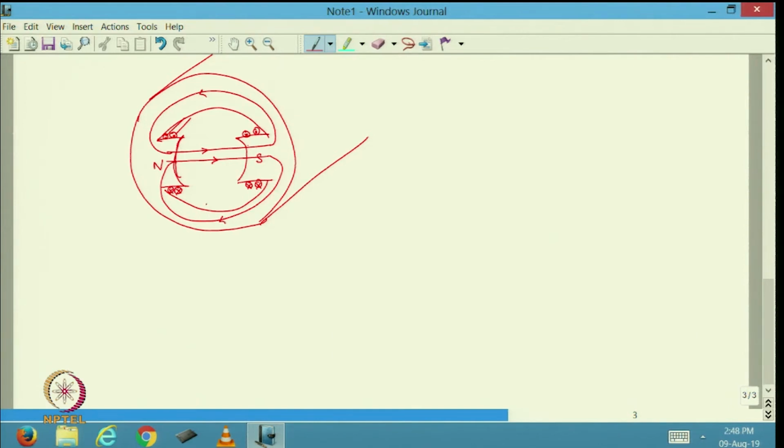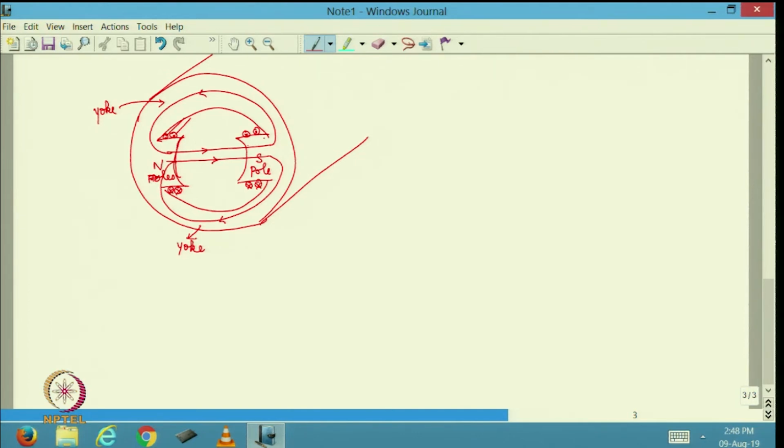Okay. So, if it is like this, now I can say basically just to complete the magnetic circuit path, I will need a ferromagnetic substance which is actually known as the yoke region. So, this is yoke, this is also yoke, and these are going to be the field. So, these are the poles basically. So, this is the north pole and this is the south pole. So, I have shown a two pole machine.